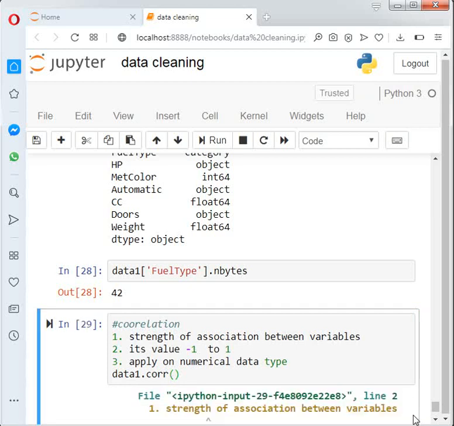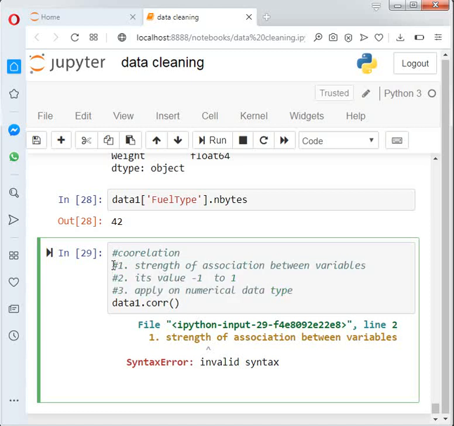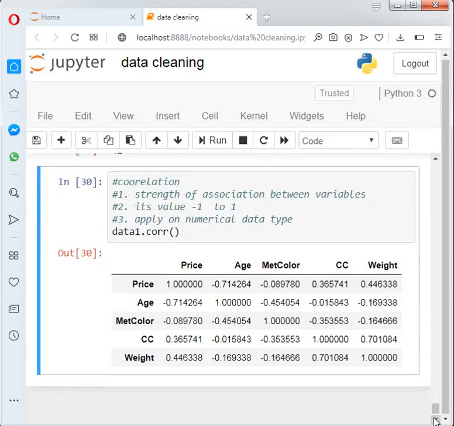So what is the problem in that? Here we have to use a comment, the hash sign. Now I can execute. So this is the better result. Here you can see in a diagonal way the value is 1. 1 means two variables are strongly associated with each other.